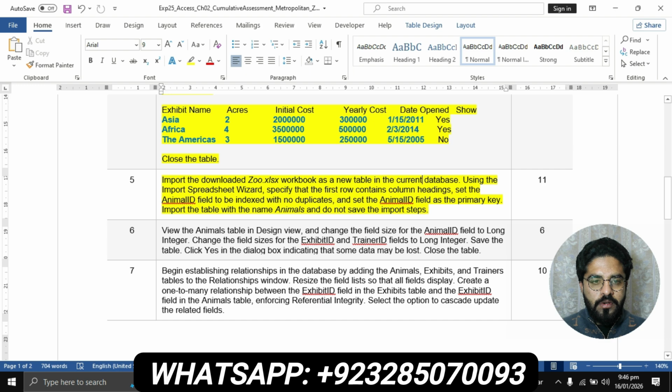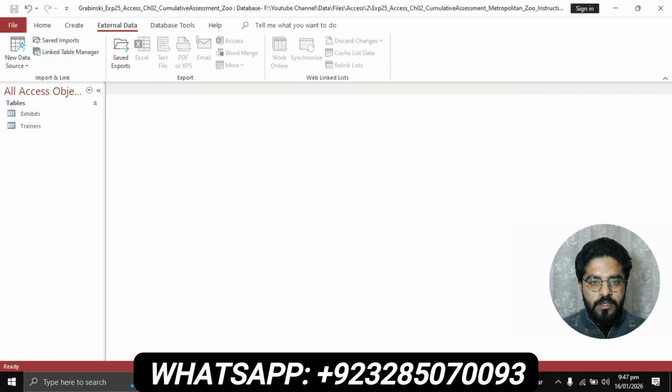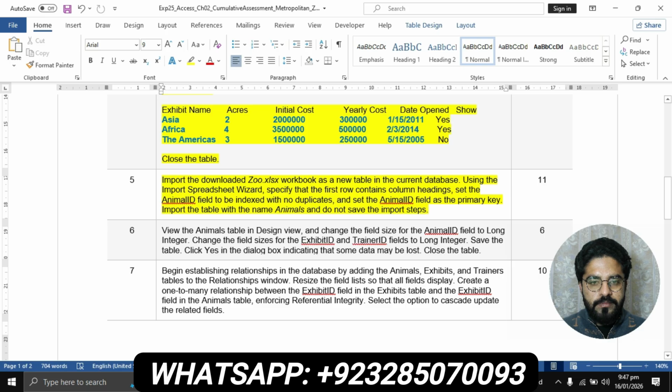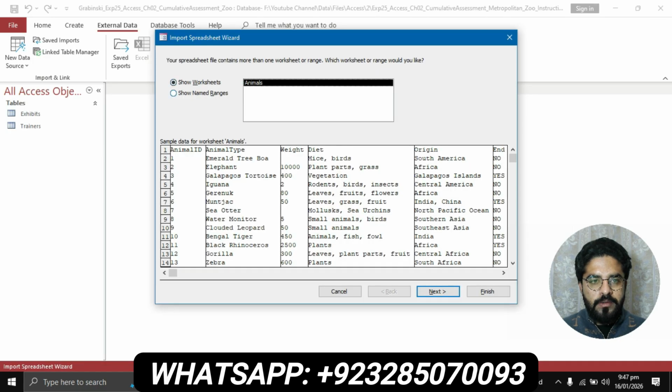using the import spreadsheet wizard, this one, then press OK. Specify that the first row contains the column headings. As you can see, here are the headings: animal ID, animal type, weight, diet, origin,